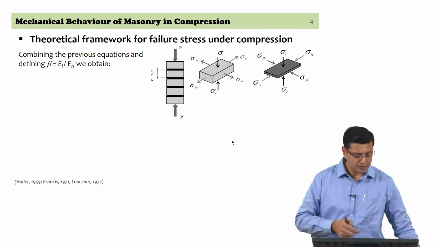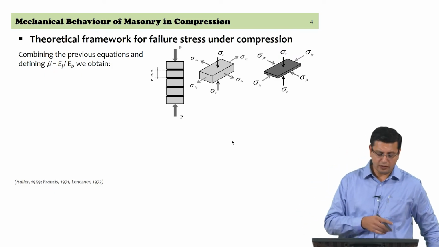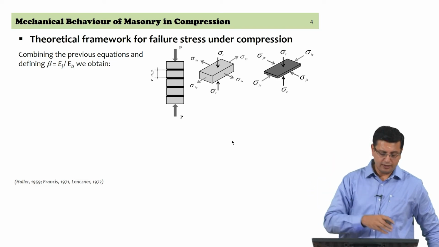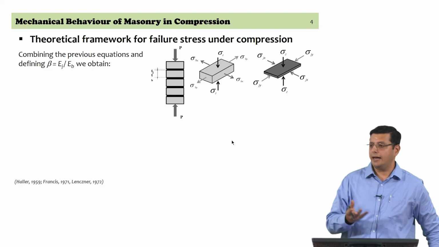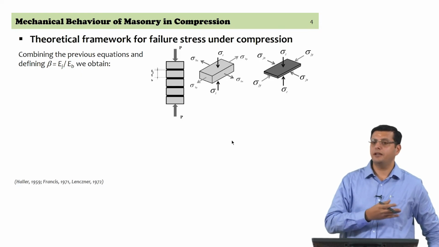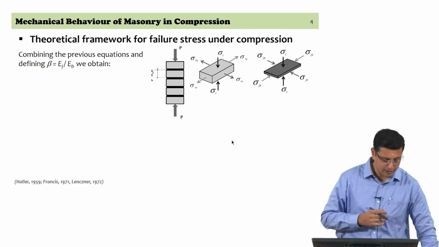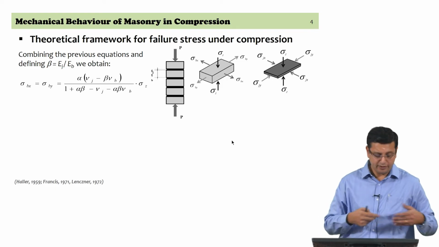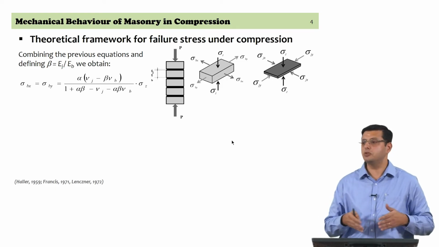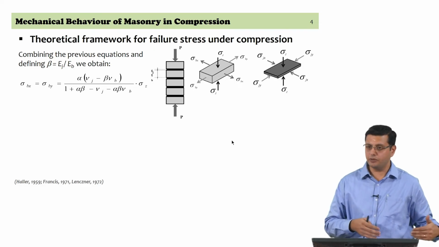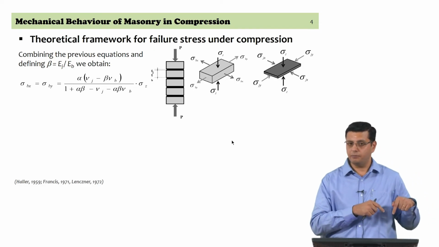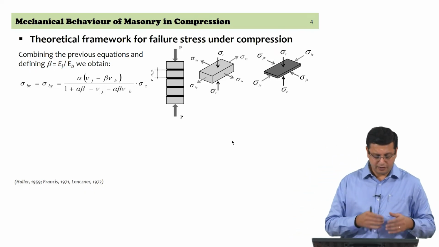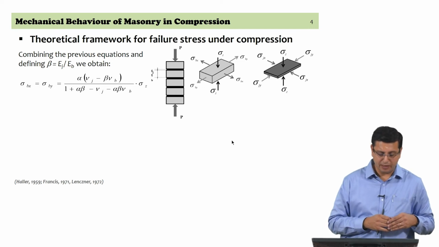So, in the previous set of equations that we have looked at, you have seen alpha is representing the joint thickness ratio. Similarly, if we were to use beta as the ratio between the modulus of elasticity of the mortar material to the brick unit, we are writing down sigma Bx is equal to sigma By in terms of sigma z. So, it is a mere rearrangement of the previous set of expressions which are based on the deformation. Now, those were expressed in terms of the strains, we are writing them in terms of sigma Bx and sigma By,